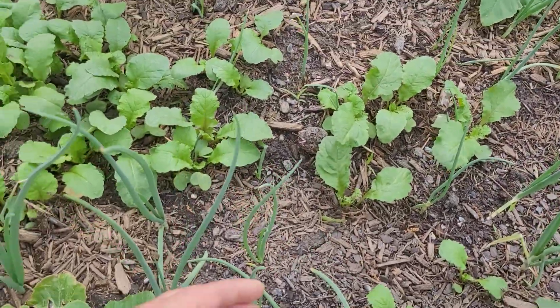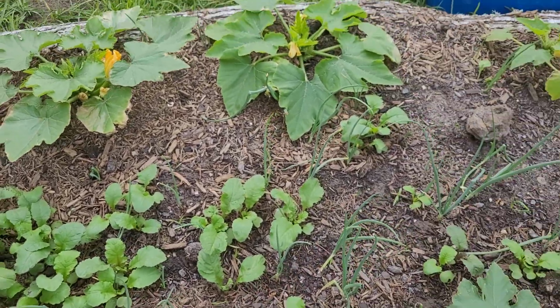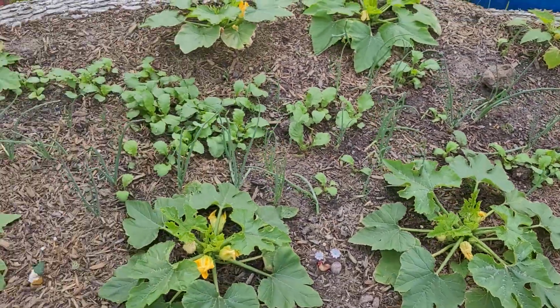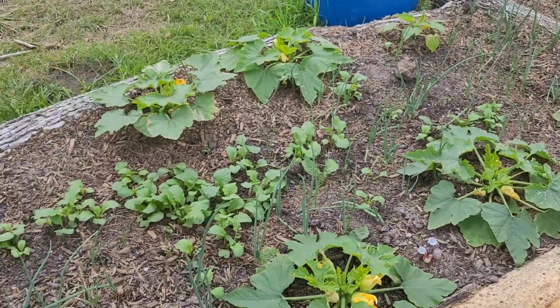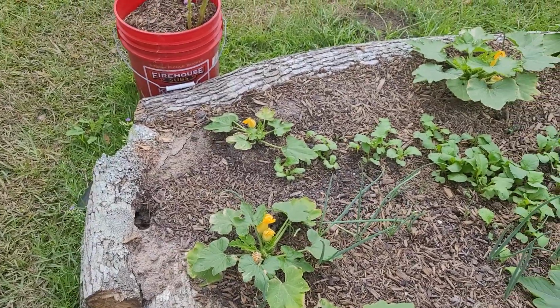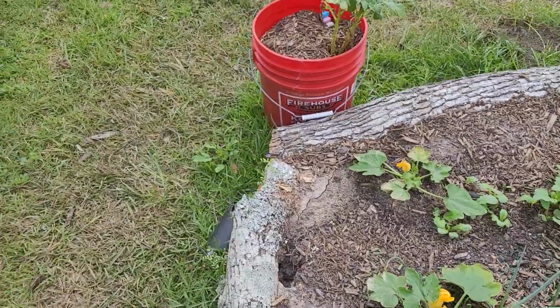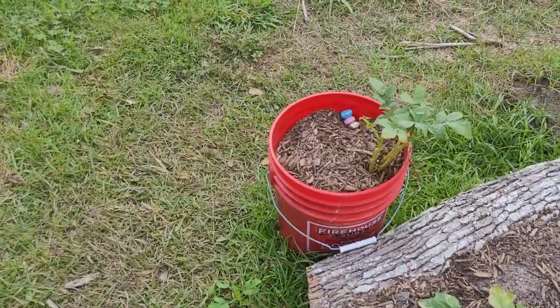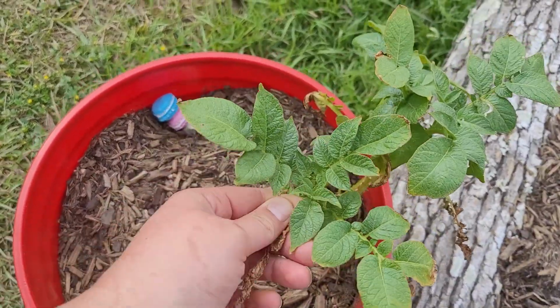And then they're interplanted with onions, and these are watermelon radishes. So there's actually quite a bit of food in this area. You can see there's still room to grow more stuff if we wanted to, but I don't want to because pretty soon these squash are going to be really large and they're going to take over this whole area. And the potato, you didn't see, has some branches missing because it did get some damage from that